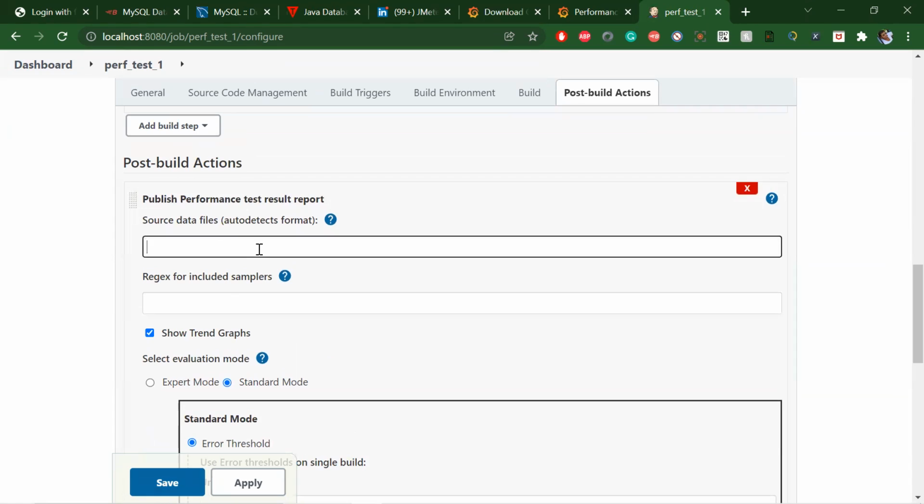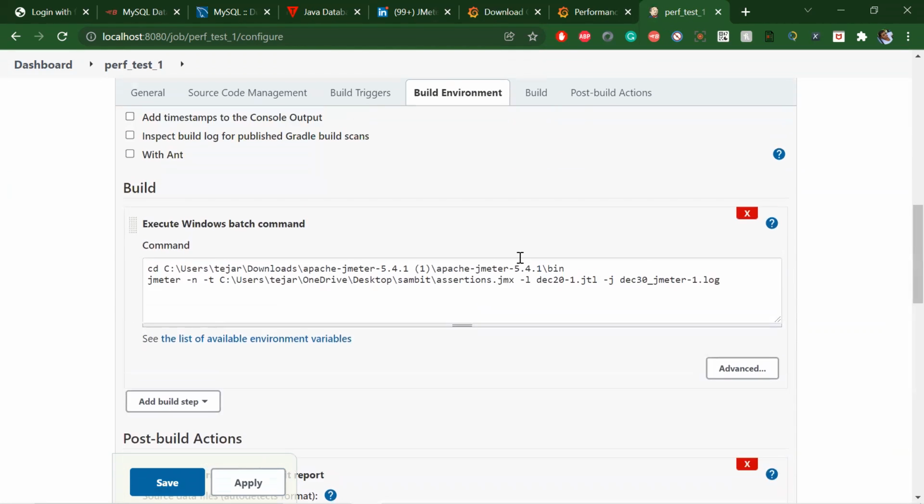Post data files. So we need data files, no? Then only it can do something, right? So what is your data file? So this is my J